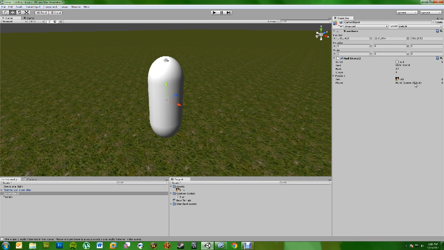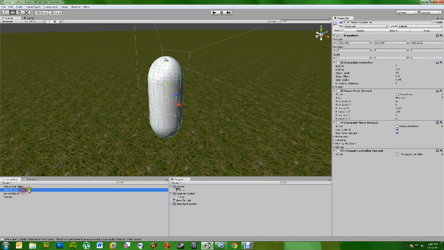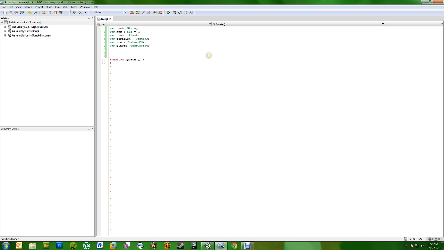I'm going to leave this player one blank because I want to show you guys how to assign that kind of stuff in code. I'm going to go up here and put a tag on our first person controller. I thought it came with a default, but it looks like it doesn't, so we're just going to tag it player, and that's going to come into play here. So we go into our code, get rid of the update function, and say for instance you want to modify something in your player function. We're going to do that here in a second, but first off in this code